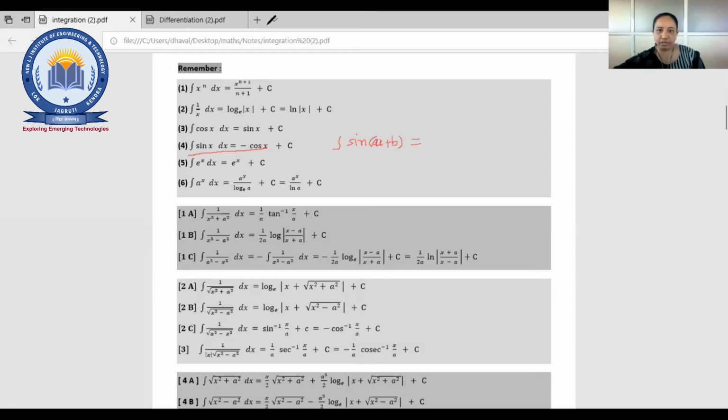What should be the answer for this? Yagnik Joshi. Okay. Unmute yourself, Yagnik. Sine ax plus b, right? So obviously that is cos. Minus cos is supposed to be there. But with that, some constant is going to be there. So what is that? That I want to know.